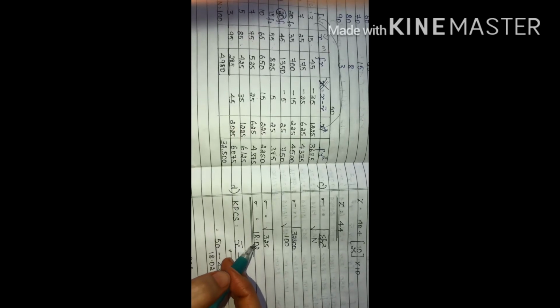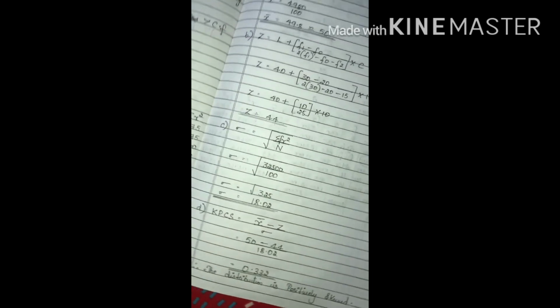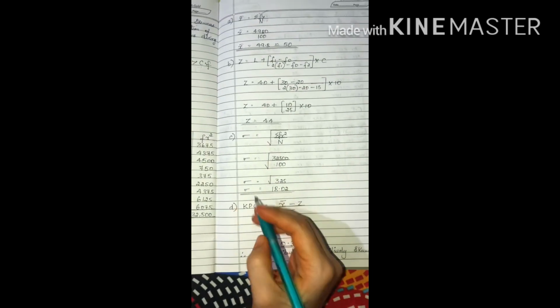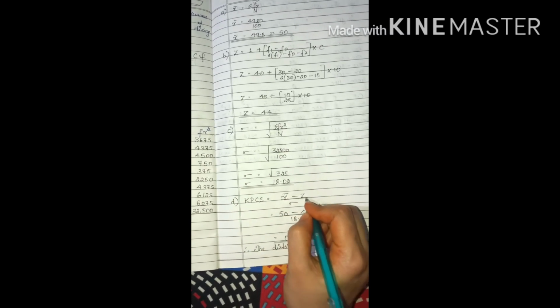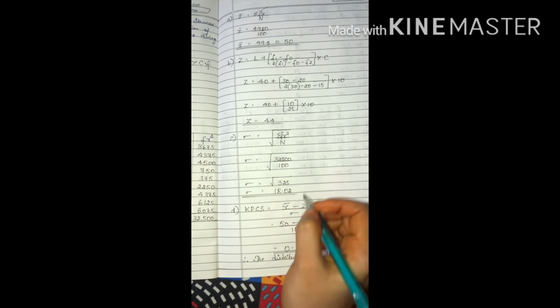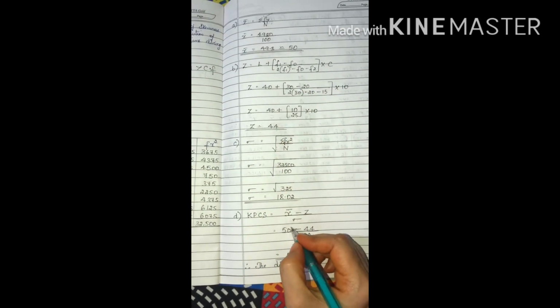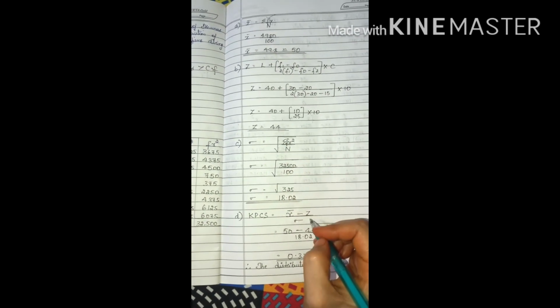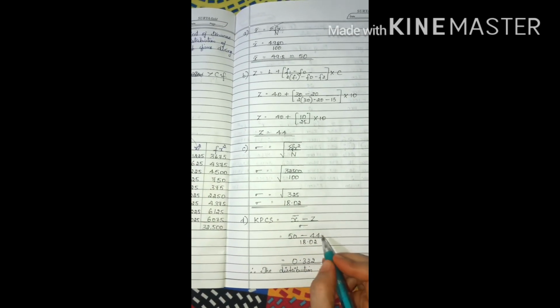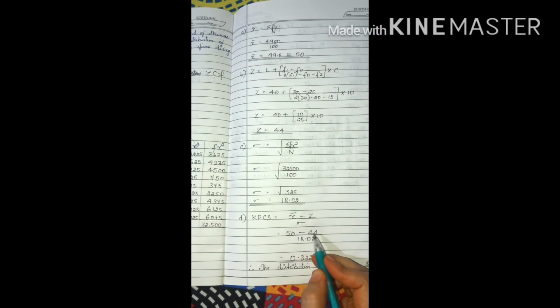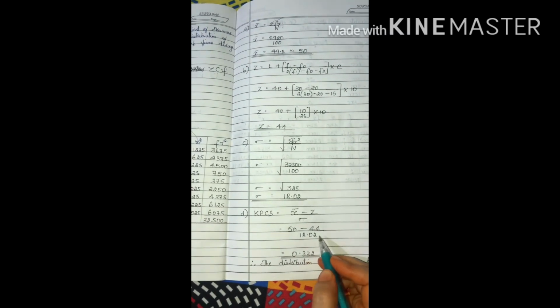How do you get this root? In your calculator you can use it. You will get 18.02. Now we have extracted all the three answers which are required for the formula. Now write down Karl Pearson's coefficient of skewness formula, mean minus mode divided by standard deviation. What is the answer of mean? 50. Write 50. Minus mode is 44. Write 44. Divided by standard deviation 18.02. I have written all the data. 50 minus 44 divided by 18.02, you get